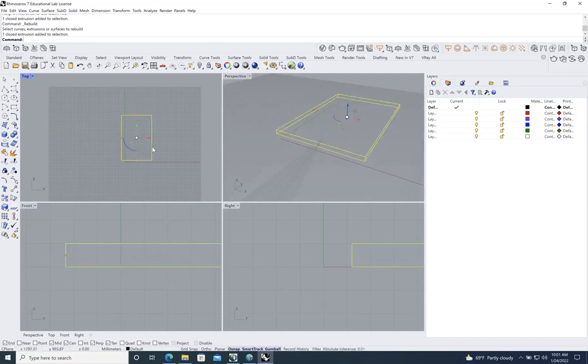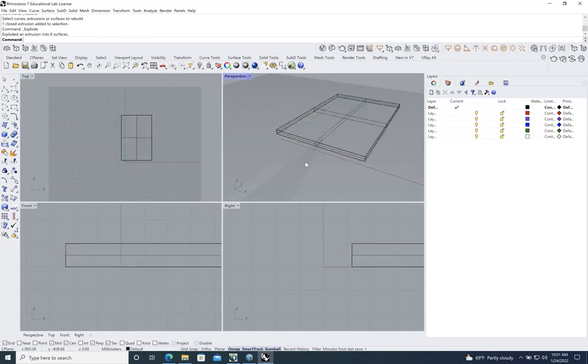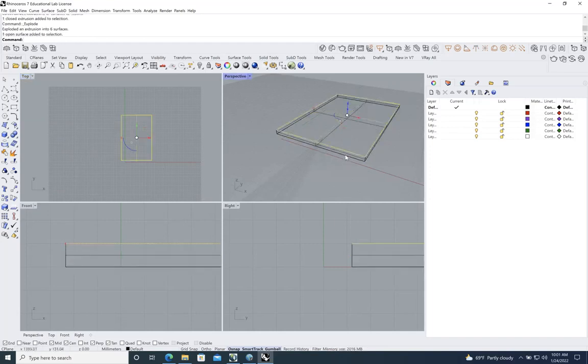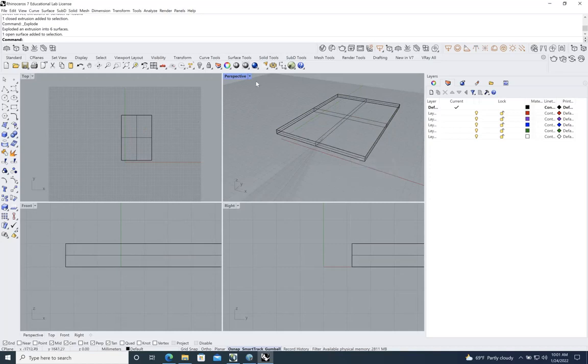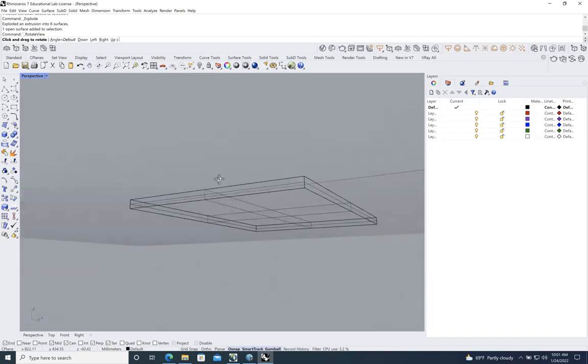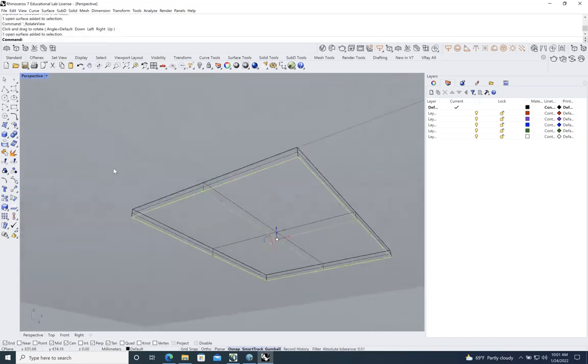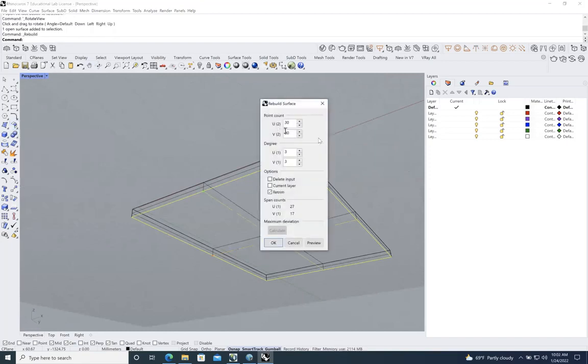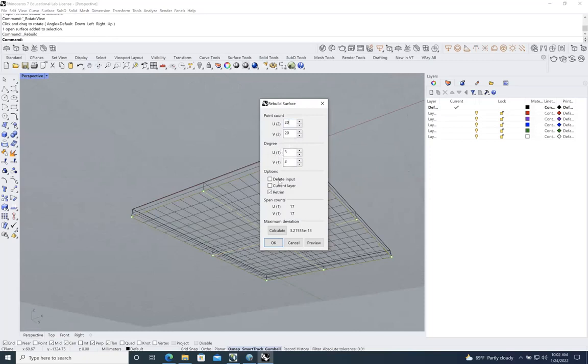So what I needed to do is I need to explode this. So yeah, one more tool, sorry, explode this, so that they become individual surfaces. So now I can rebuild. I'm going to use the bottom surface because the top I don't mind. I'm going to use rebuild and build this surface with more control points. I'm going to build this as maybe 20 by 20 and the degree I'm set as 3 and say okay,